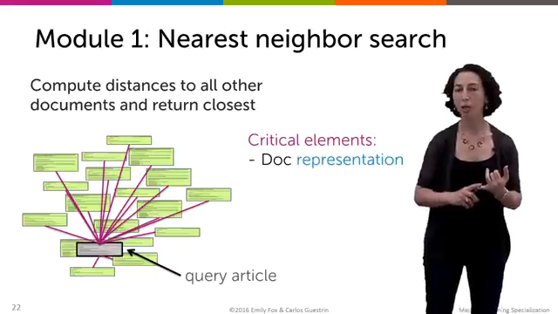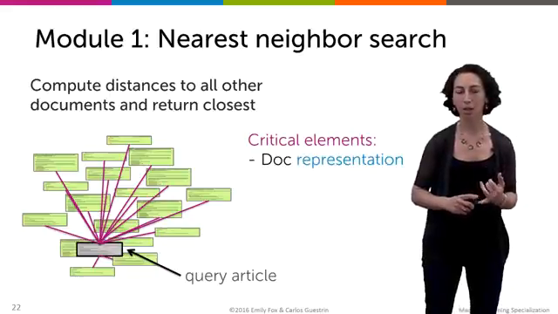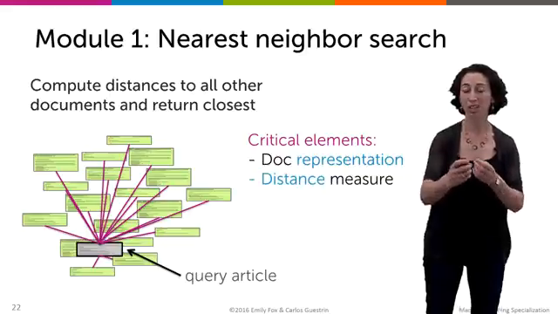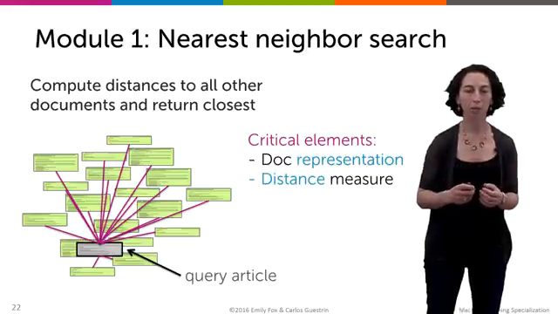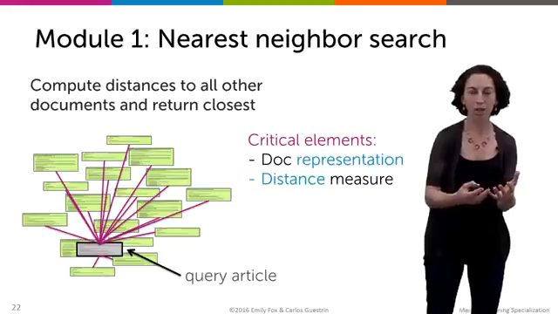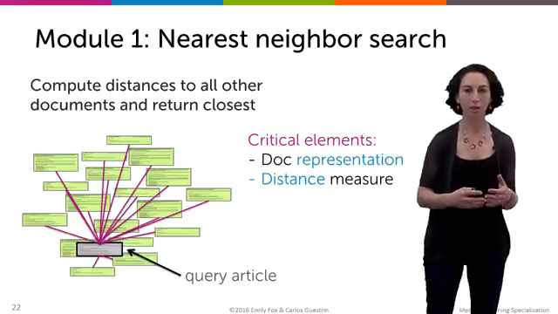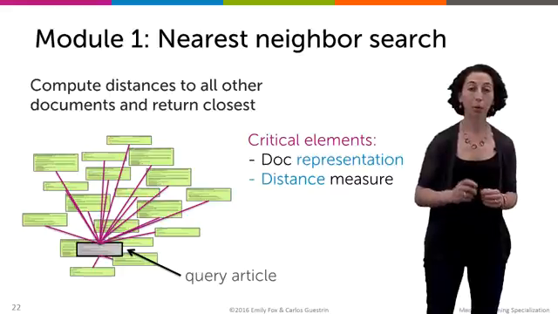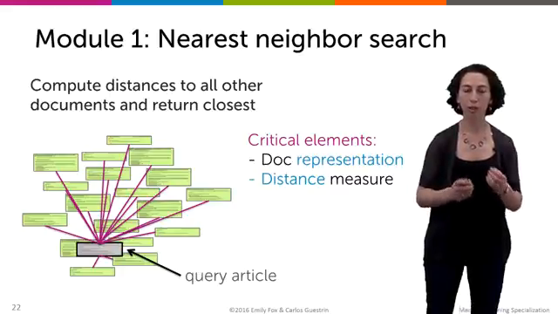One of them is, how are we going to represent our document? And the second is, how are we going to compute the similarity between documents, or the distance between them? Because both how we represent our data as well as how we compute these distances really influences what we think of as a nearest neighbor. And we're going to go through various choices for each of these components and talk about some of the trade-offs